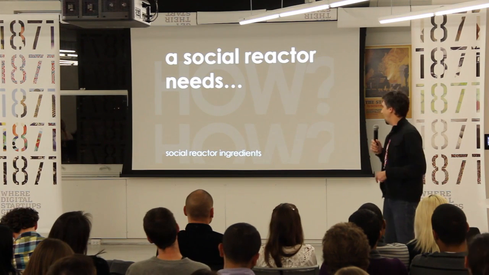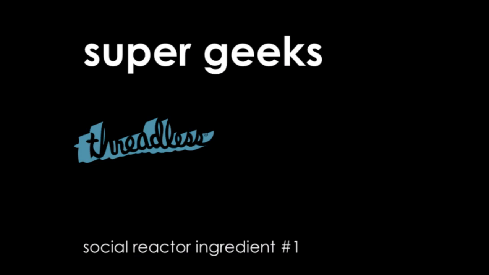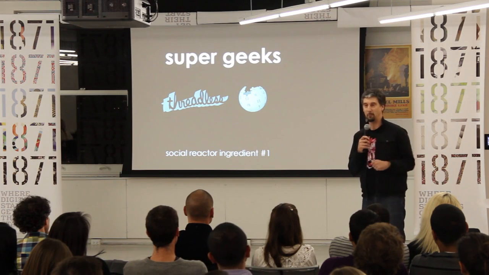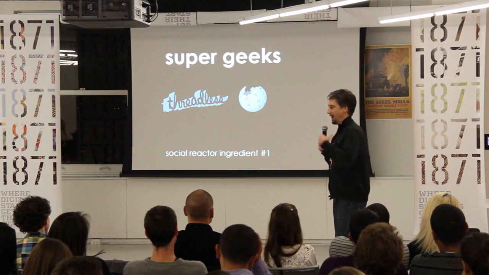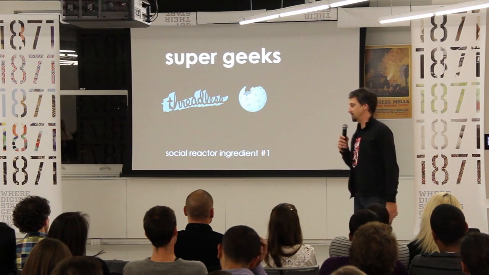And so what you need are, number 1, super geeks. Super geeks are the enriched uranium of the social web. At Threadless, that means all these passionate t-shirt designers who were just overflowing with passion about what they were doing. That passion bumps into other people's passion and spills onto the next person, and so on and so on. At Wikipedia, those people are holders of arcane knowledge about things like the effective neutron multiplication factor, and they're just online writing articles, nitpicking other people's articles, and so on.